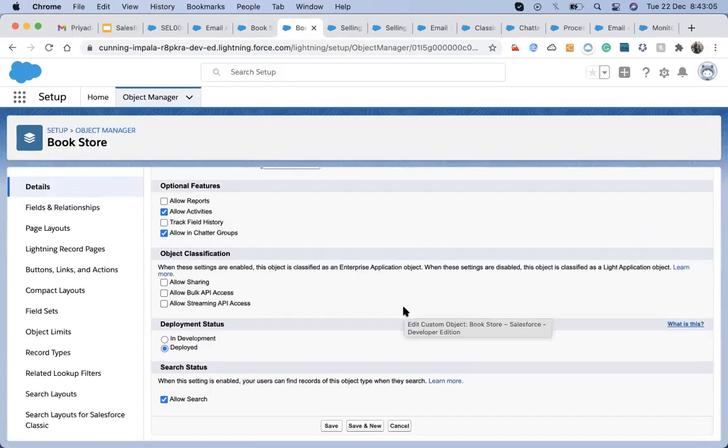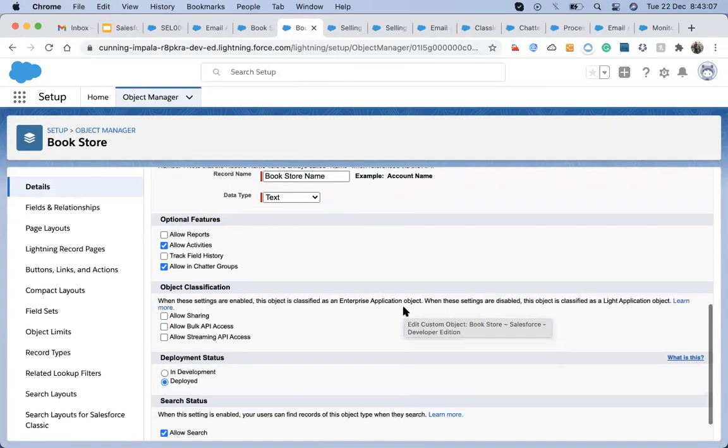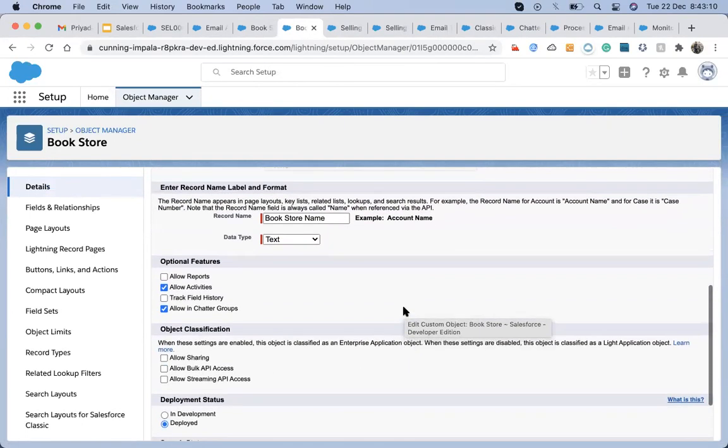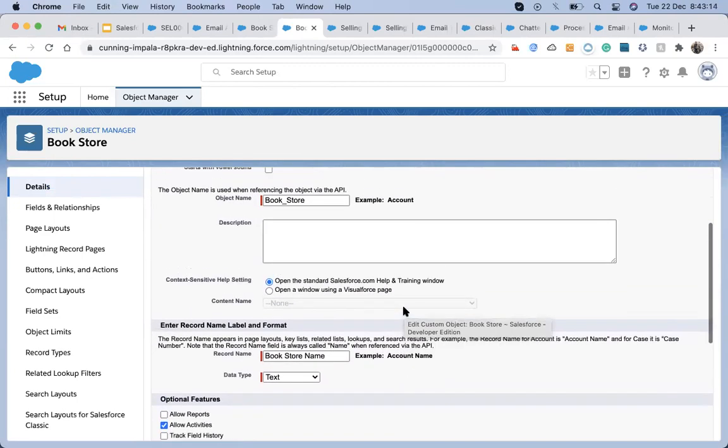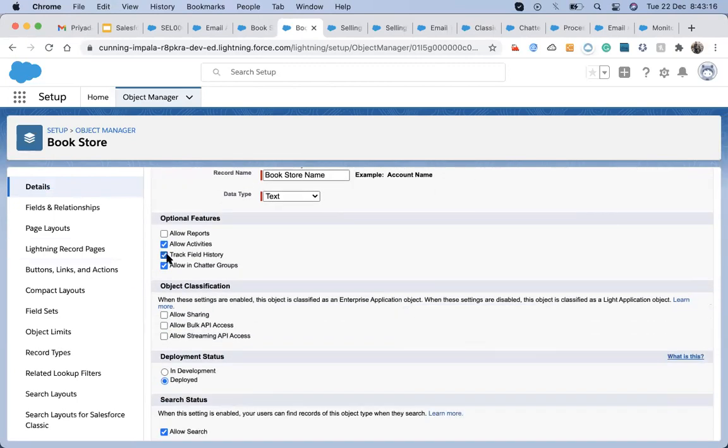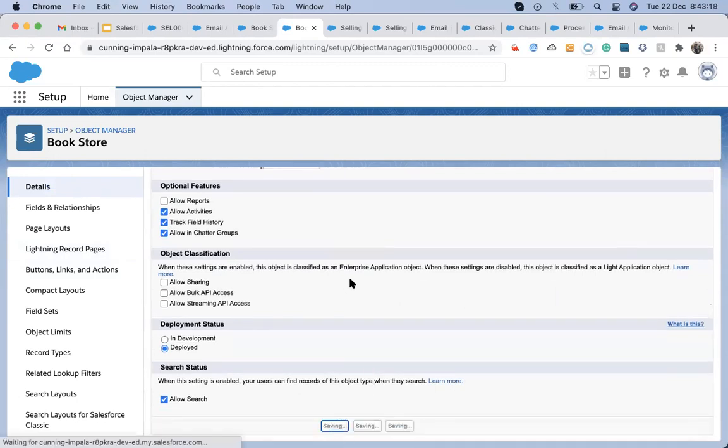Activities are coming up. Allow search of track fields without reports. Let's do this.